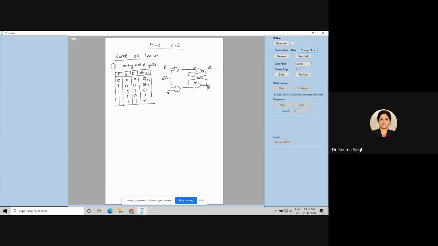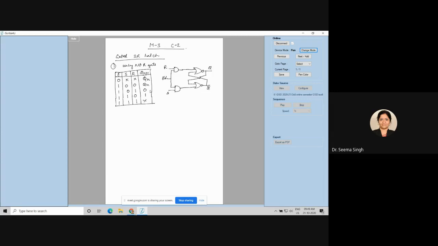You can leave some space for the detailed one. In the detailed one, there is no big difference. Only, when S and R are 0 0, two rows will come for it, keeping Q equal to 0 and Q equal to 1. So Q equal to 0 means the output will also be 0. Q equal to 1 means the output will also be 1. Again, for the 0 1 reset case, your Q will be 1 time 0, 1 time 1. For both cases, the output will be 0 only. Okay, so I will share this in the Google Classroom. You can make a note of it. And if you have any doubt with respect to that, you can ask me in the next class.